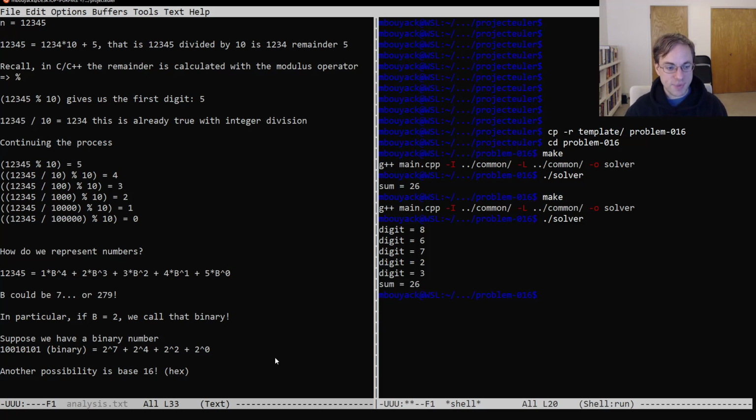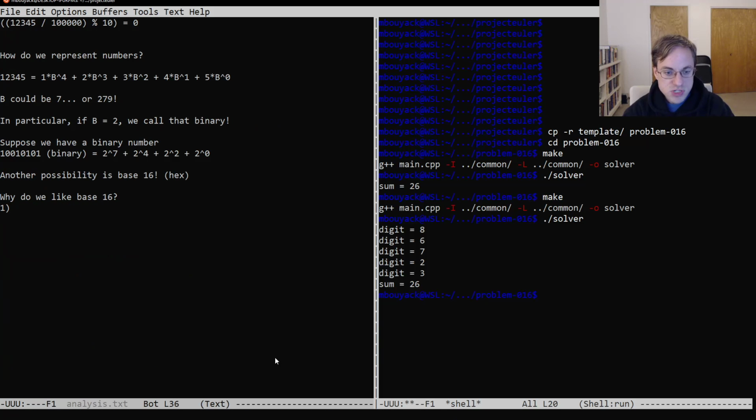Okay, so why base 16? That seems kind of arbitrary. Why do we like base 16? Well, the first reason is that we can easily